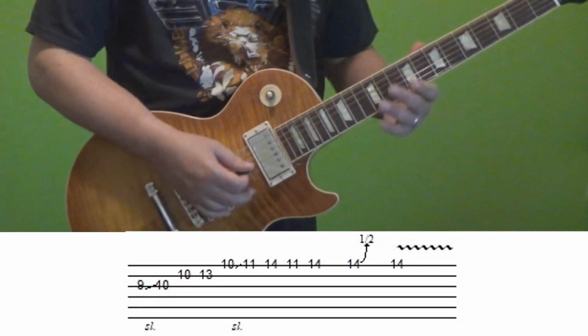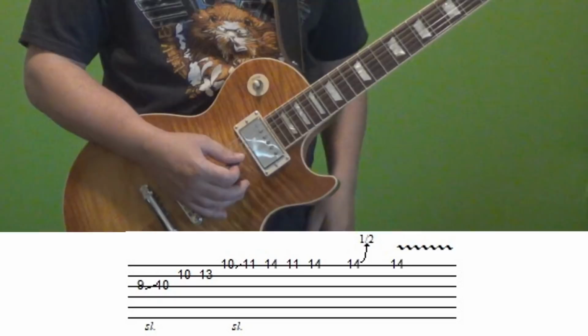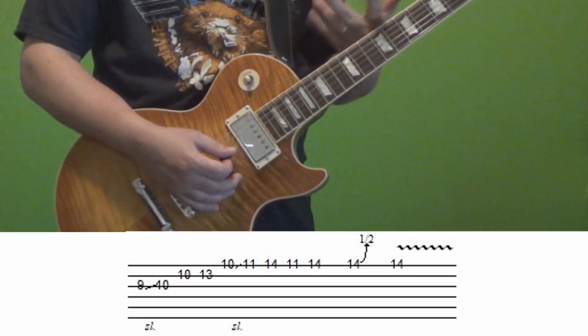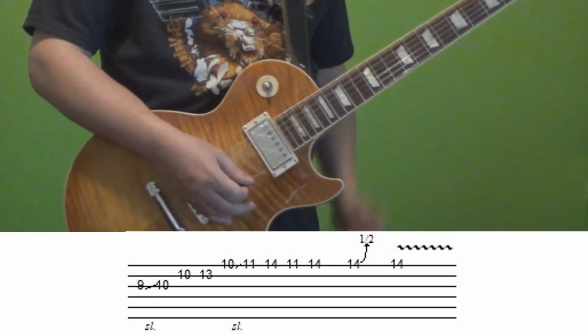But the only thing I can say about this section is that first slide from 9 to 10, a lot of times people will just hammer that on. But I think it sounds like he's doing a slide there, and most of the tabs are that way. And then,